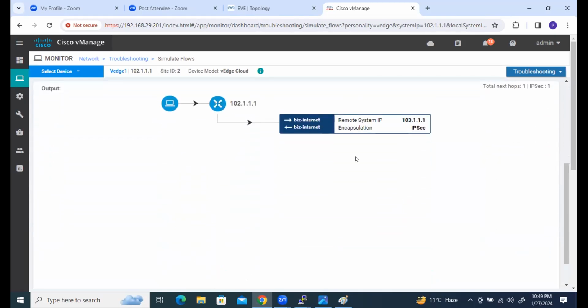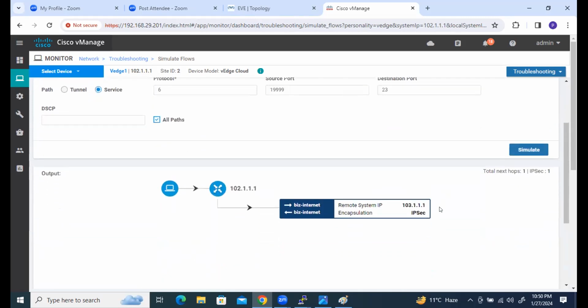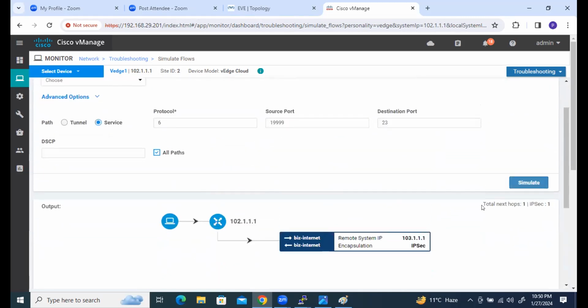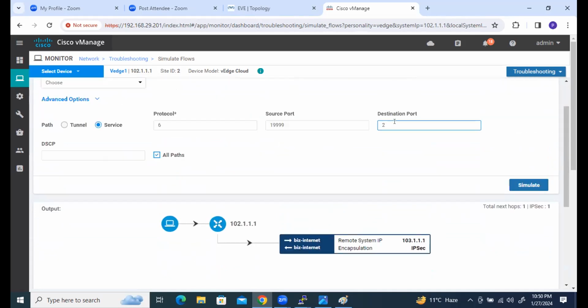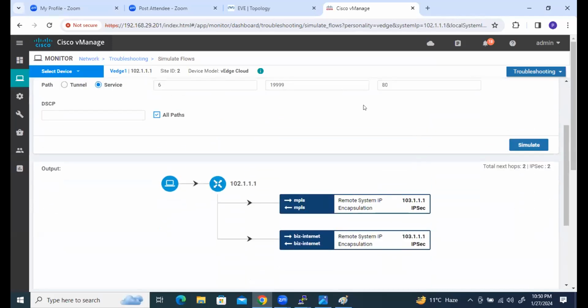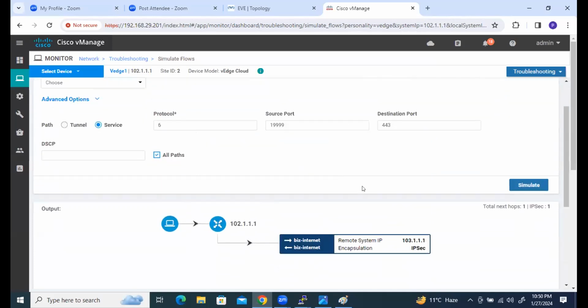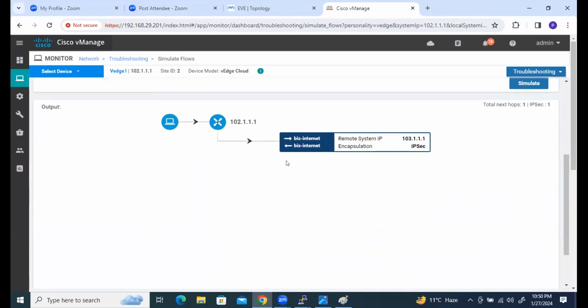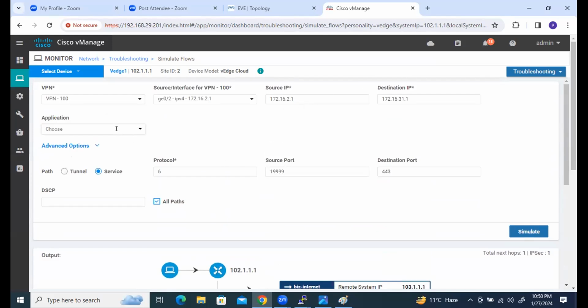But it is going opposite, right? You got this point? It is going opposite. It should go via the MPLS, right? Yeah. And for port number 80, doing load balance. 443 also, it is going via the bridge internet. If the normal traffic is there,